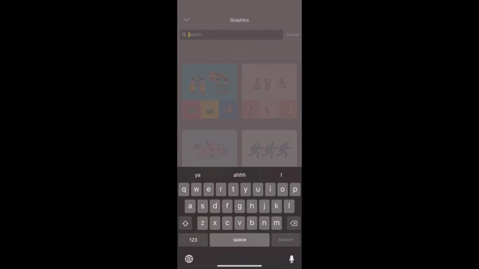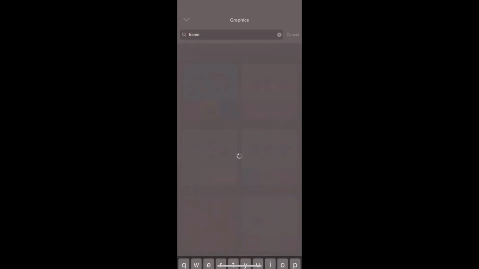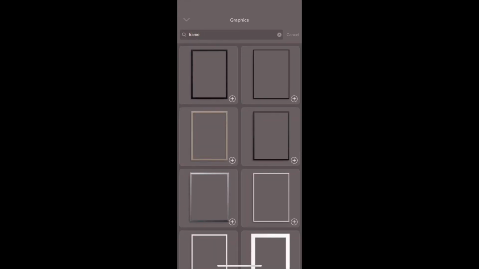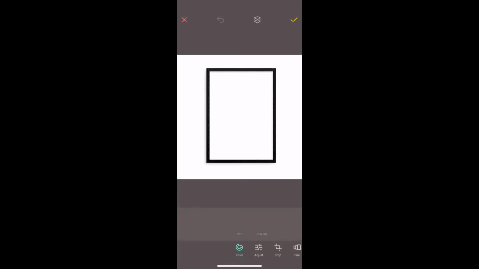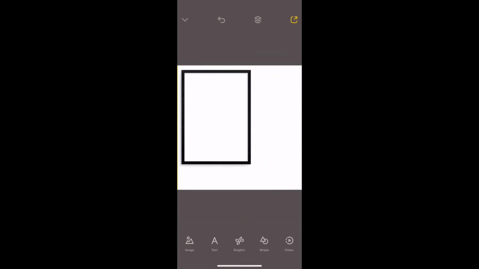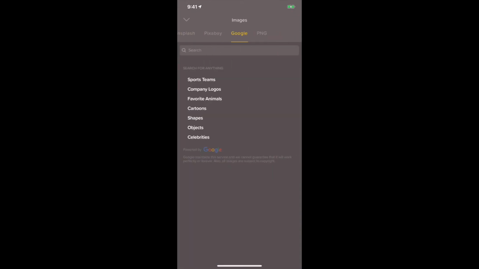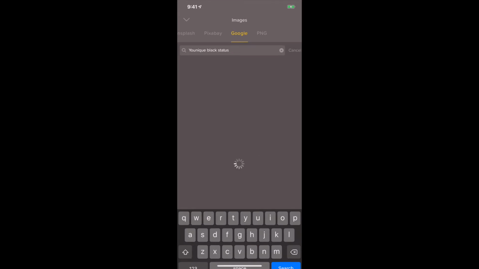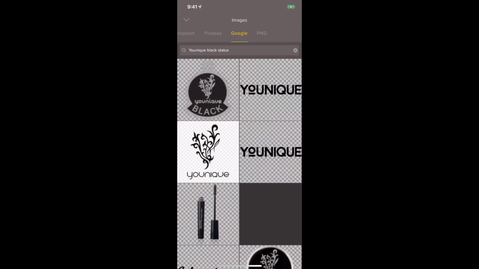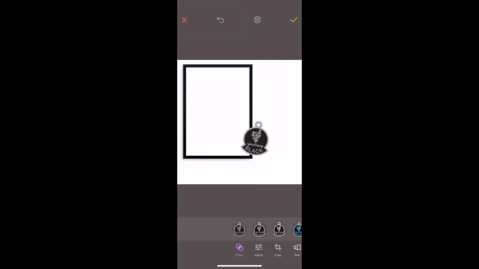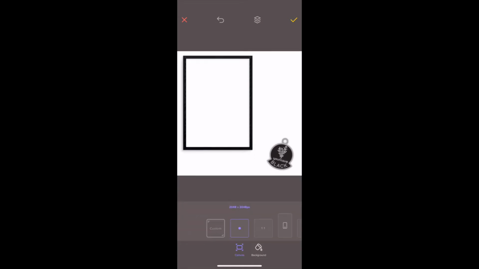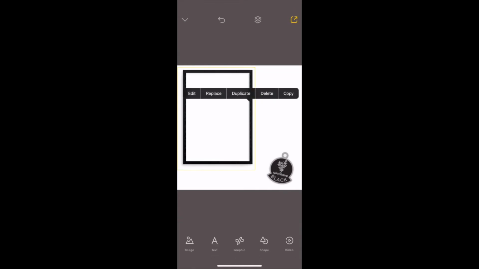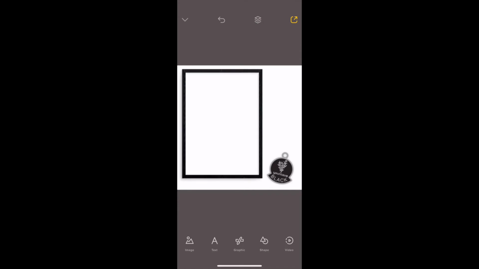Sometimes I'll go to graphic and type in frame because I want like a frame to put around something, right? So, I'm framing it and I'm putting a charm down there at the bottom, or whatever I'm doing. Unique, black, status. Let's see if that comes up. So let's just use this for example. But I have this frame, and let me make this a little bit bigger. Okay, but